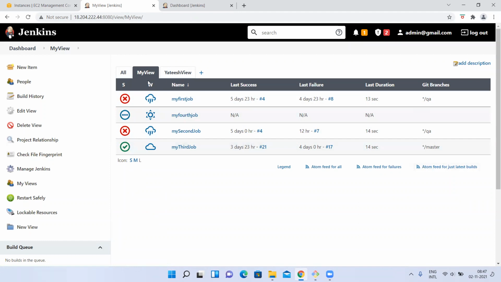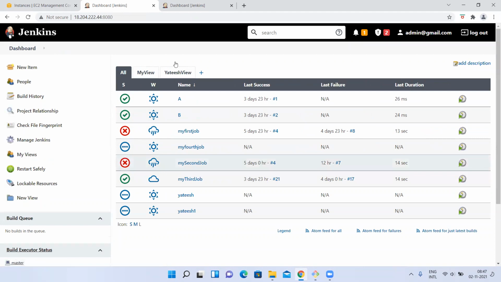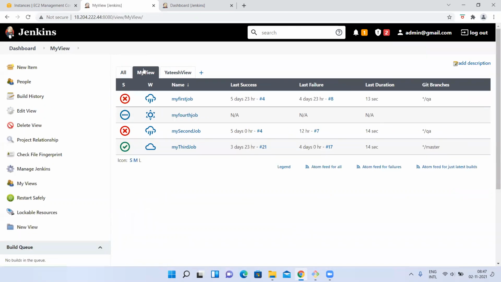Now see this, it is showing. So this is a view. Everything is showing, but the build option is not showing for this particular view. For this my view, I did those settings. For all the others it is showing as is, but while creating this my view, I selected that build option and selected which branch, so it is showing that branch. If you want to add something else, you can add it here. Understood, guys?